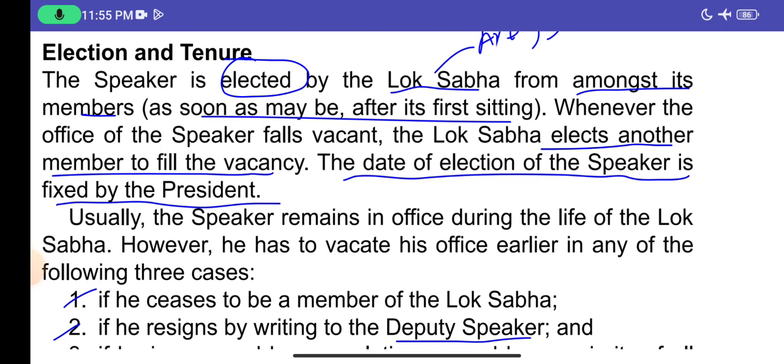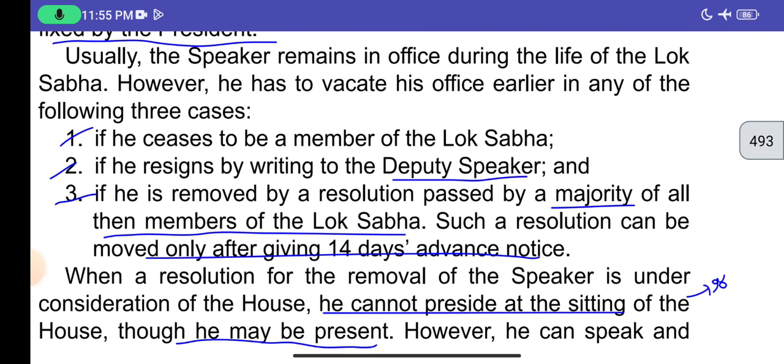Whenever the office of the speaker falls vacant, the Lok Sabha elects another member to fill the vacancy. The date of election of the speaker is fixed by the president. Usually the speaker remains in office during the life of the Lok Sabha. However, he has to vacate his office earlier in any of the following 3 cases. If he ceases to be a member of the Lok Sabha, if he resigns by writing to the deputy speaker,